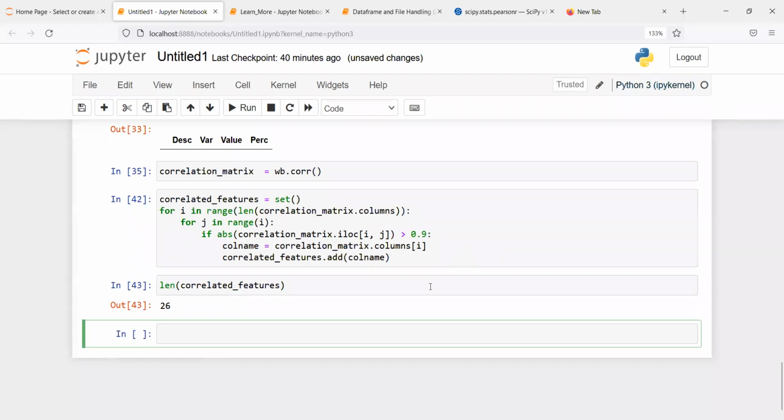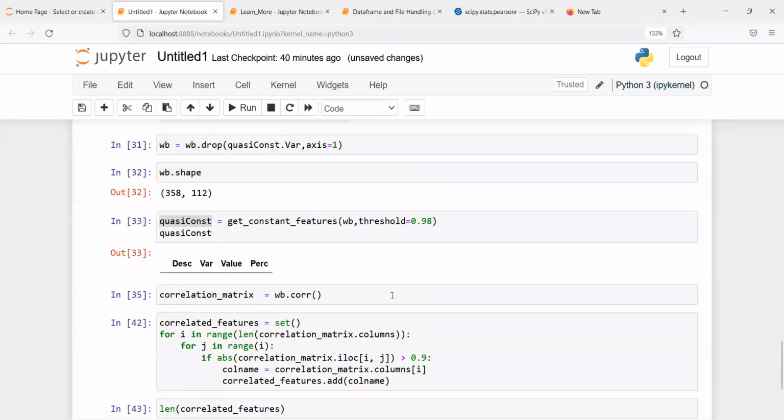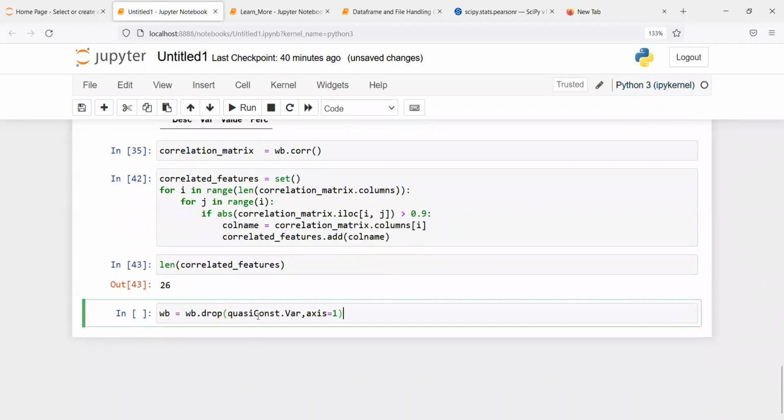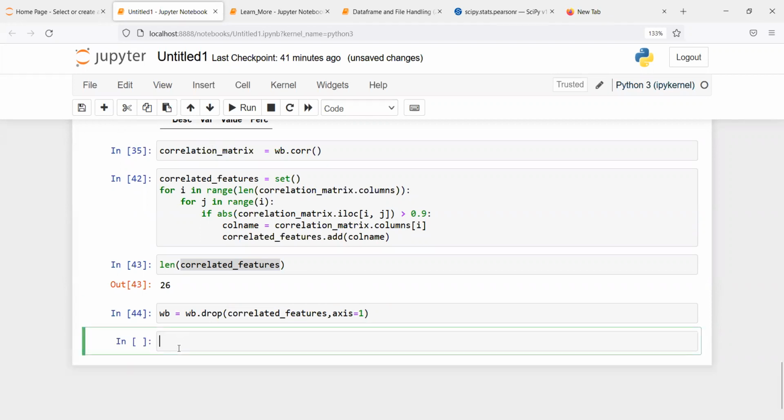And once again, you just copy this one and paste it here. Just instead of quasi constant, you put this correlated feature, not dot var. Dot var is of course not required. And I dropped all these 26. If you see now wb dot shape,